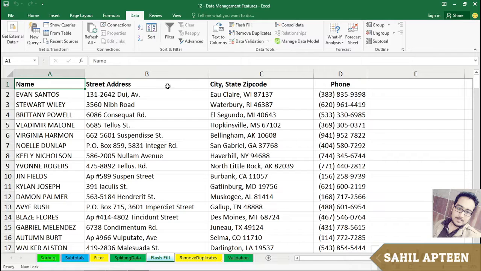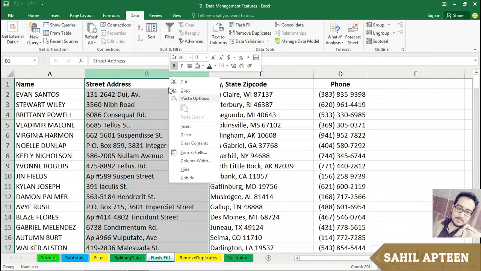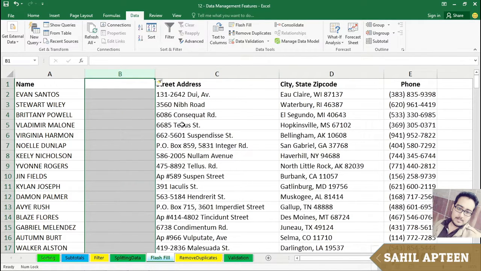Look at column A. 2 problems. The major one is we cannot sort this list by last name. The minor problem, possibly, is all uppercase. We'd prefer to have just the first letters capitalized. I'm going to insert a new column to the left of column B. Right-click, insert. Now, the flash fill idea is I'm going to type the data here the way I want it